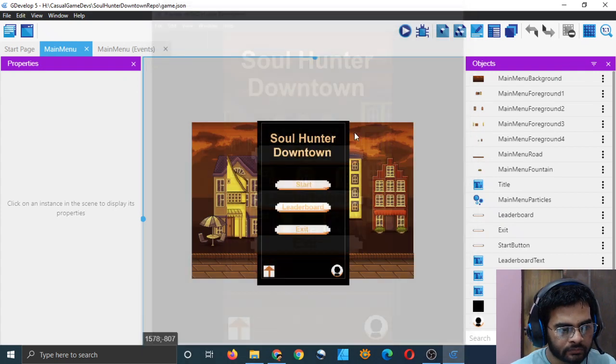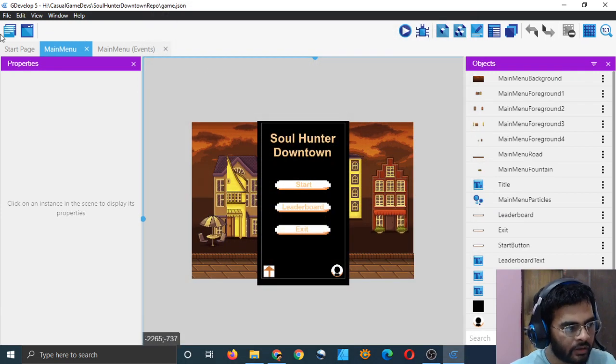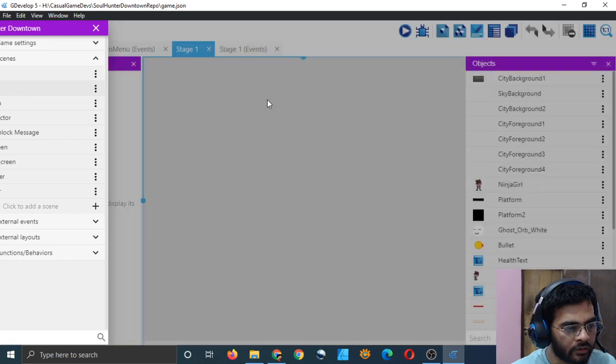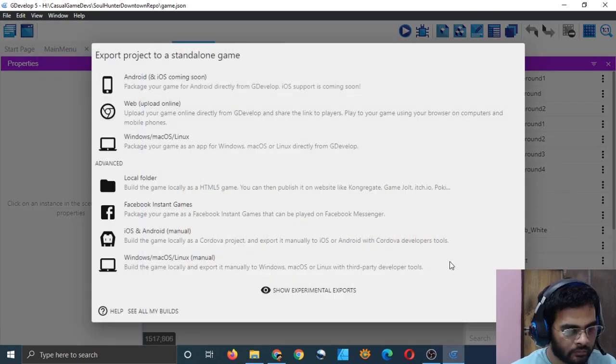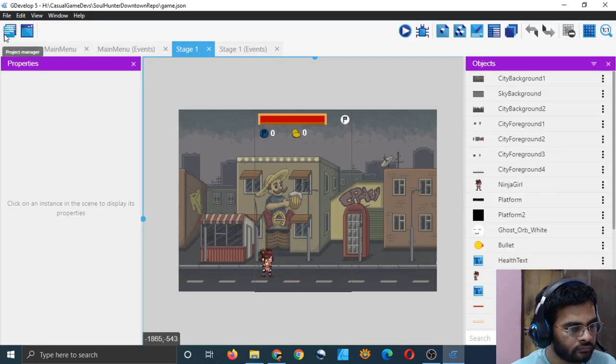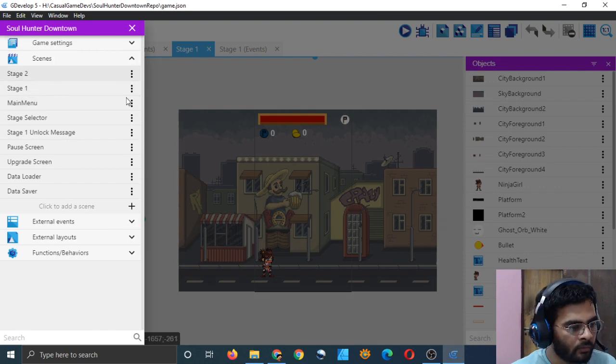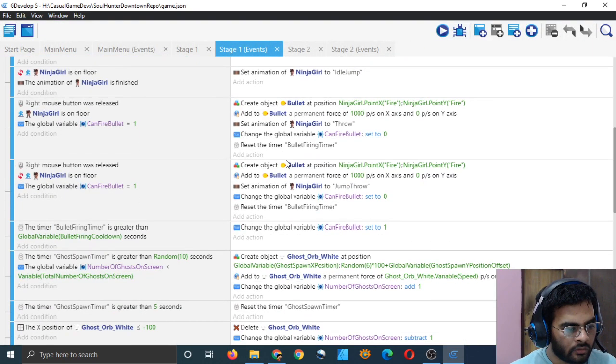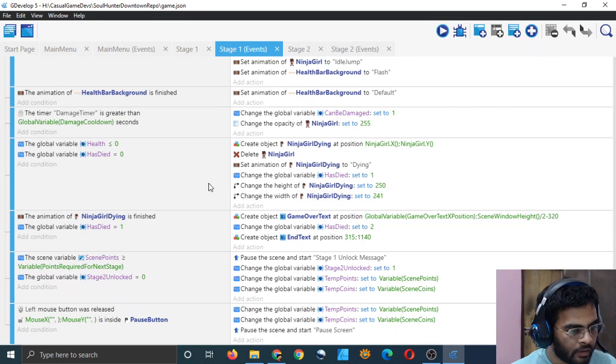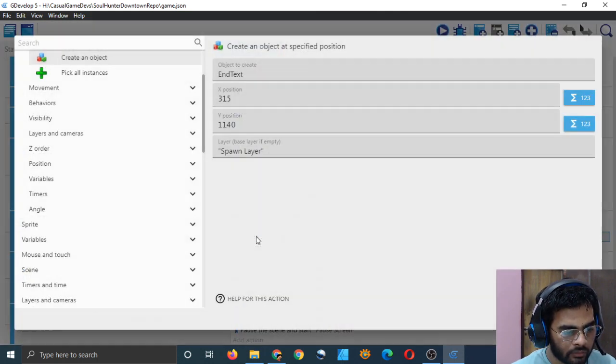That's good. Let me change the position of the game over text in both the stages. I will just move it up and a little bit to the left. This one. Yeah.